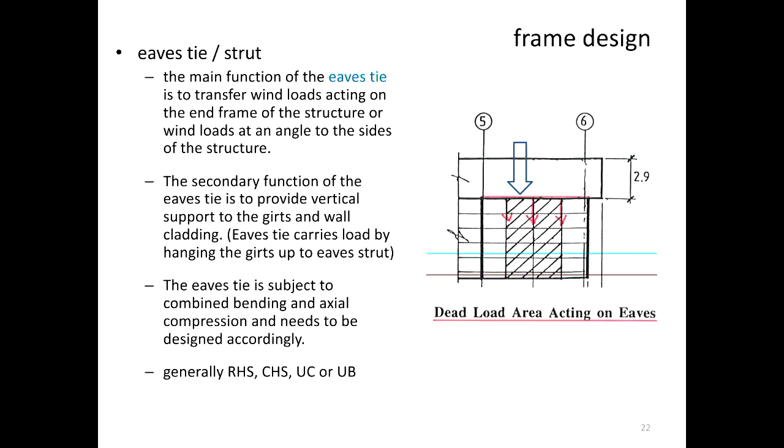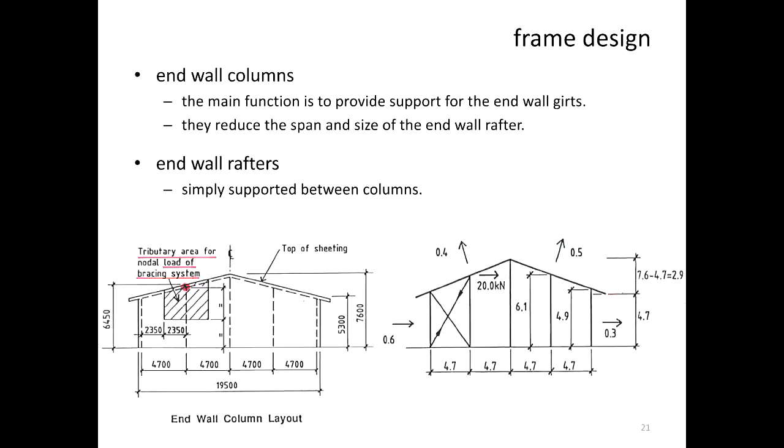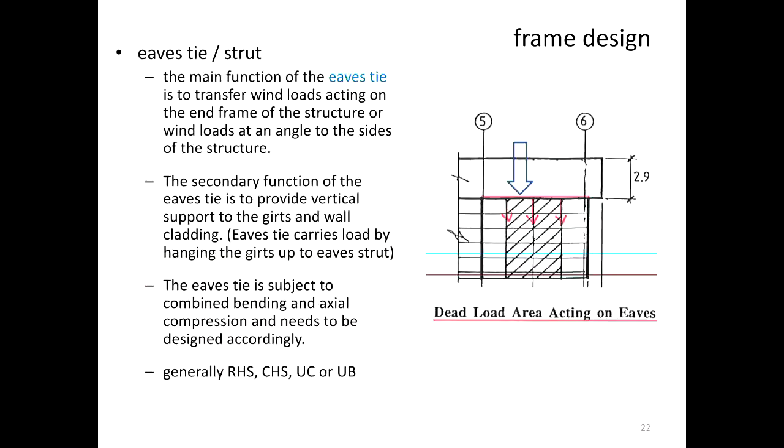What you're seeing here is one portal frame, and then you've got an eaves tie there at the top. And that eaves tie, as you can see, it says to transfer wind load acting on the end frame of the structure or wind load at the angle of the sides of the structure. That is not shown here either. So it will be at that level where it connects one frame to the next frame,